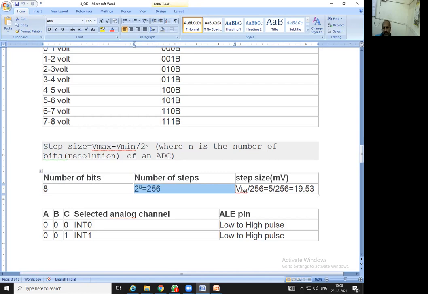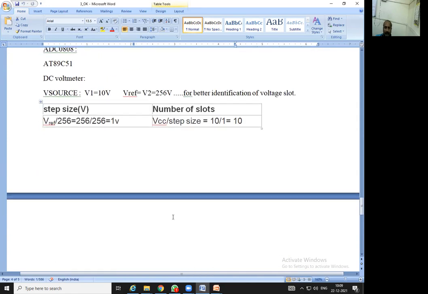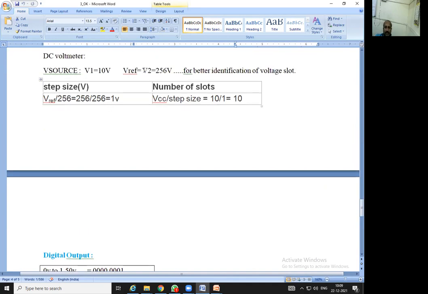Depending on that, the step size has to be decided, that is V reference divided by the number of steps. If you take 5 volt as the reference voltage, you will get a step size of 19.53 millivolt. But as shown in this diagram, we have used a reference voltage of 256 volt and VCC equal to 10 volt.